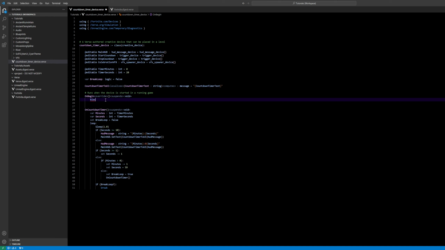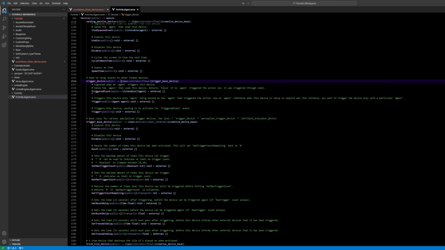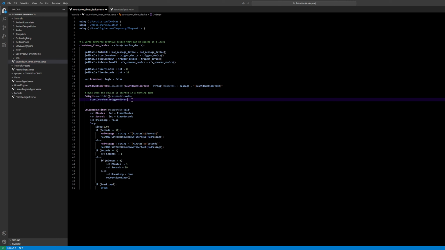So now we can subscribe, so basically listen to trigger devices. So when the triggering event happens, start countdown. Let's check what event it is, control click to get in here, Fortnite digest, and see different events. Okay, so now paste here, dot subscribe. And in here, we need to write a function we will call when this event happens. We don't have this function yet, but I will just say start countdown,